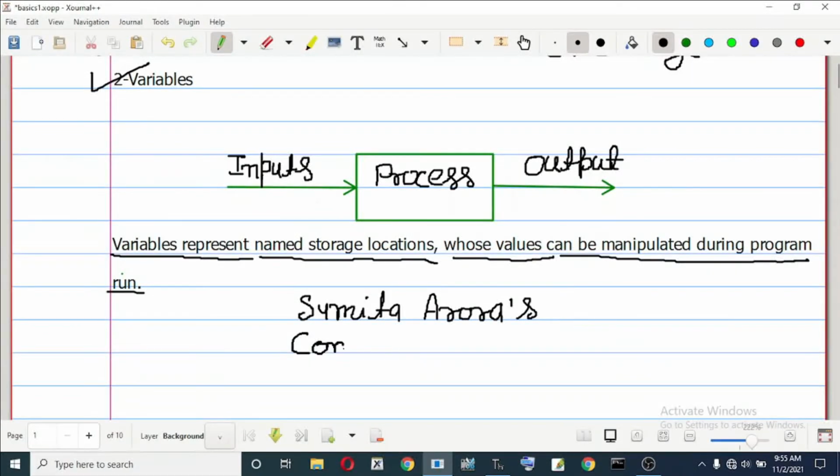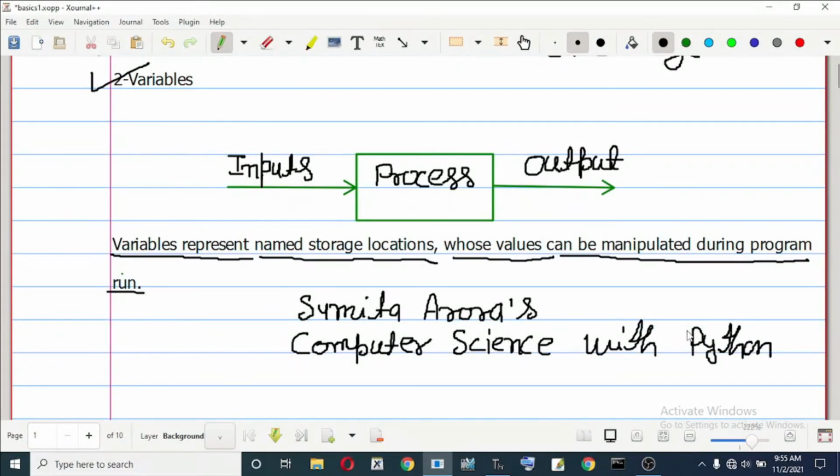The exact wording has been taken, so I am giving the reference. Again, variables represent named storage locations whose values can be manipulated during program run.